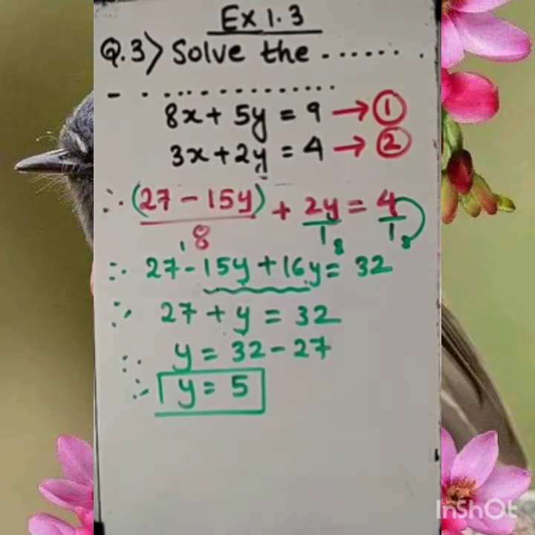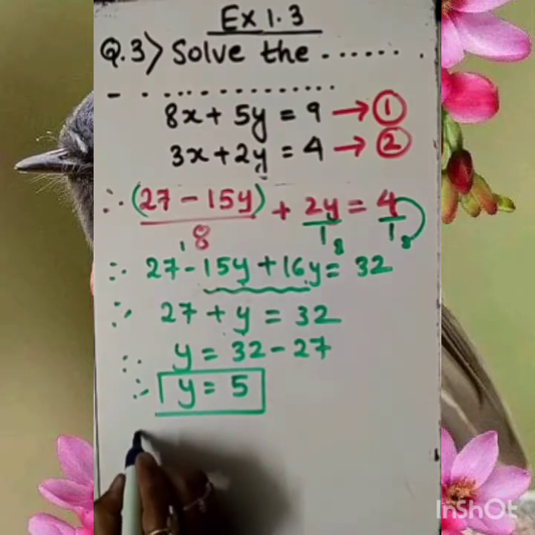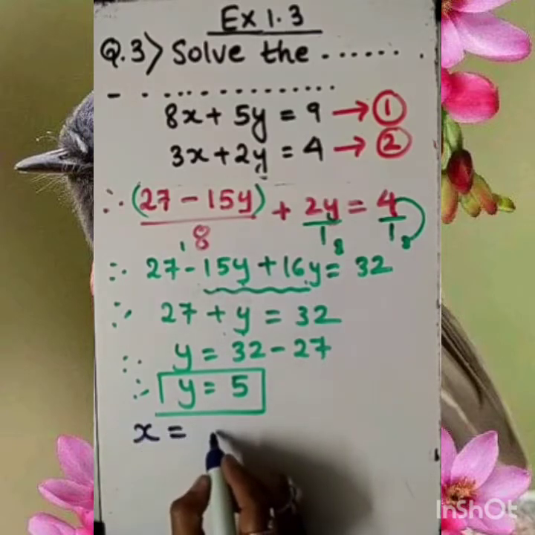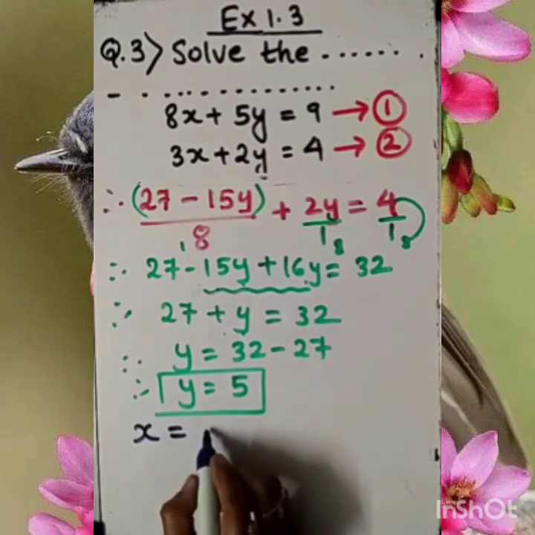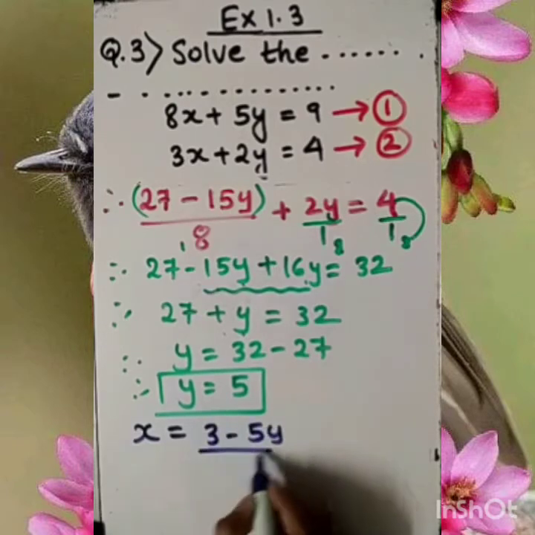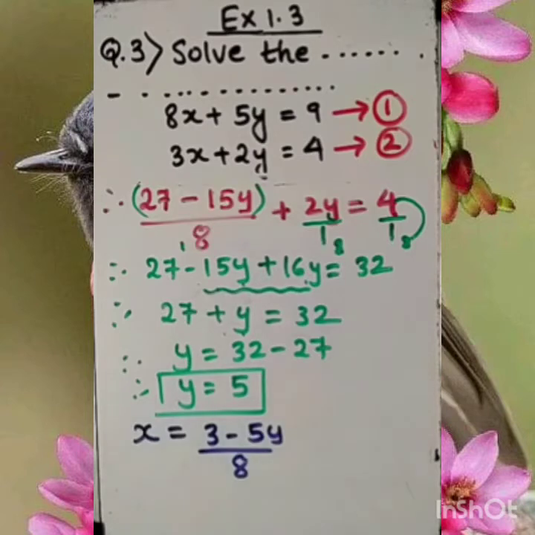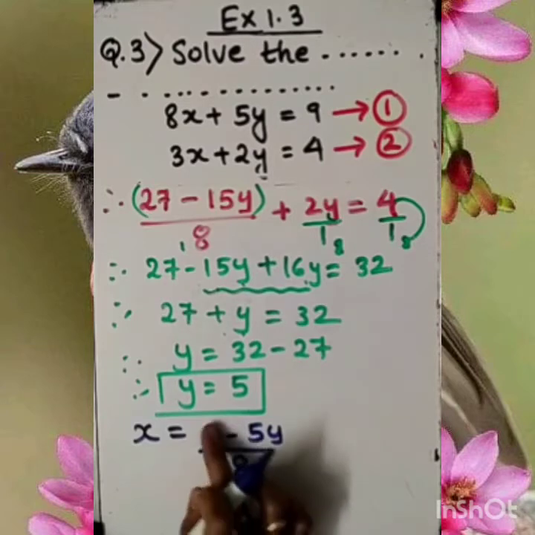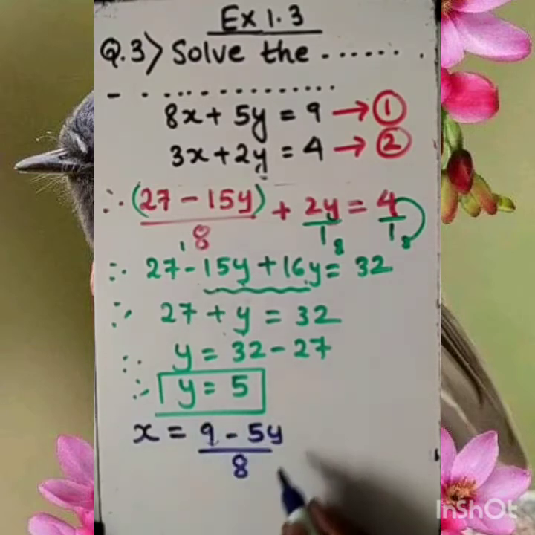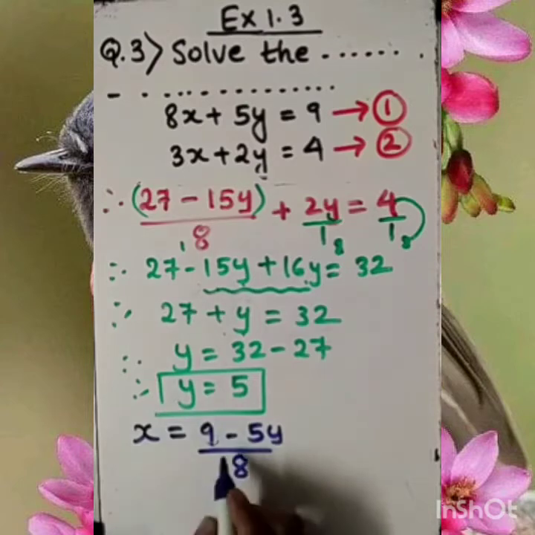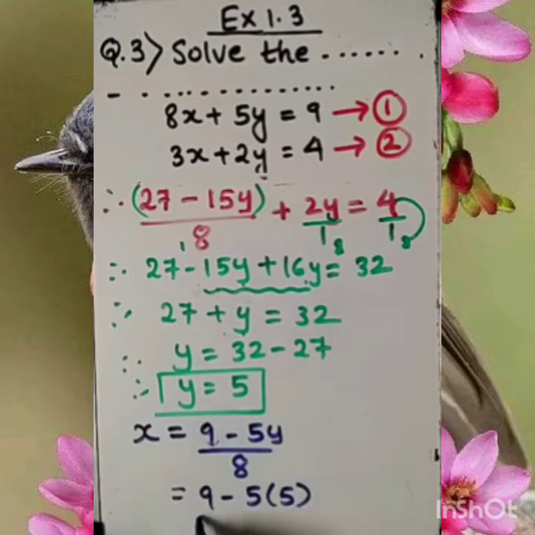Okay, so this way we will get the value of y, but this is not our complete solution. Don't forget to bring this value. Again, we know the value of x. What was it? The value of x with us was (9 minus 5y) upon 8. Okay, this value with us. Now in this we are going to put the value of y. Here it is 8.